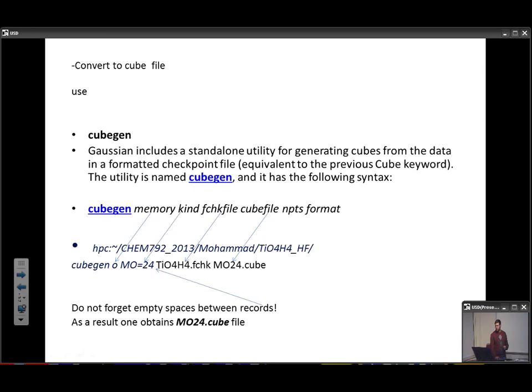Gaussian actually includes a stand-alone utility for generating cubes from the data in a formatted checkpoint file, equivalent to the previous cube keyword. The utility is named CubeGen, and it has the following syntax. CubeGen has memory and kind, then the type of the file, then a cube file, then NBTS format. So in this example, type CubeGen, then O is the memory, MO equal